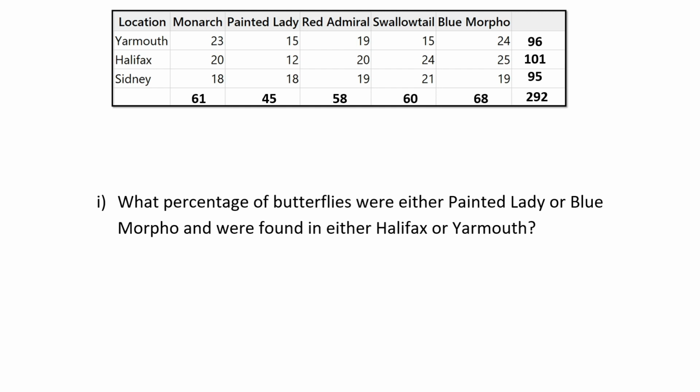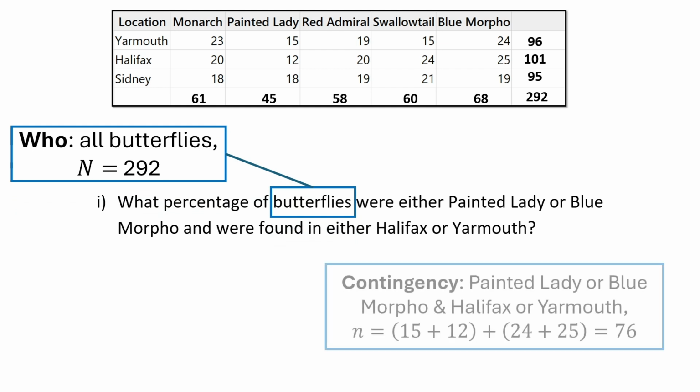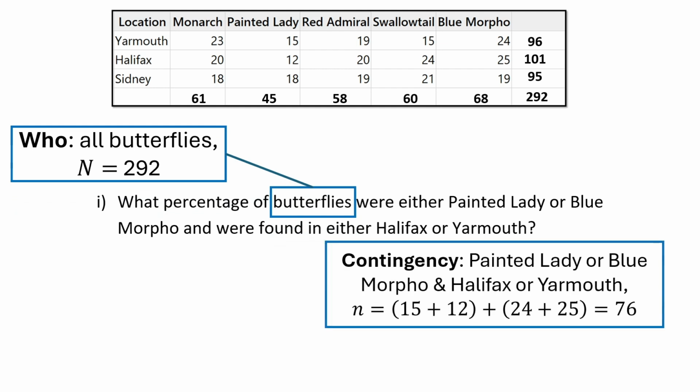First, we see the word or. That's telling us we're going to be adding some numbers together. But we also see the word and, which tells us it's a contingency. We have two sets of conditions, and so it's a contingency. So we need to look at all butterflies. That's the who. And now the contingency is we're looking at painted lady or blue, so we can add those together,